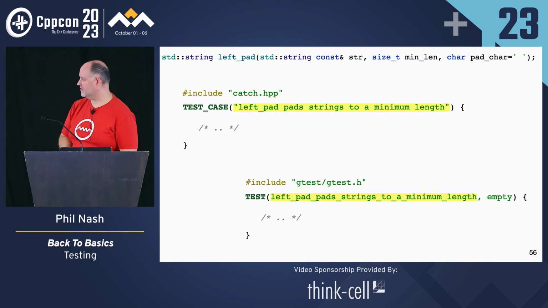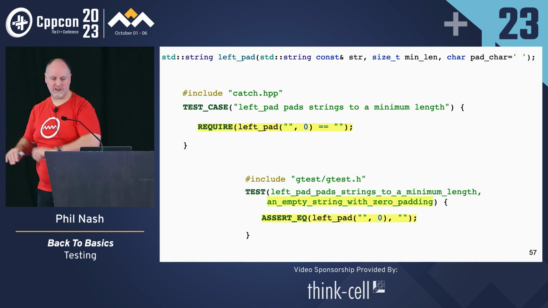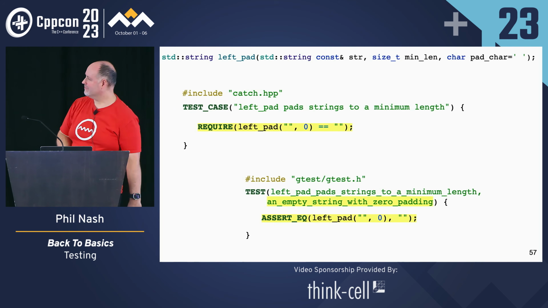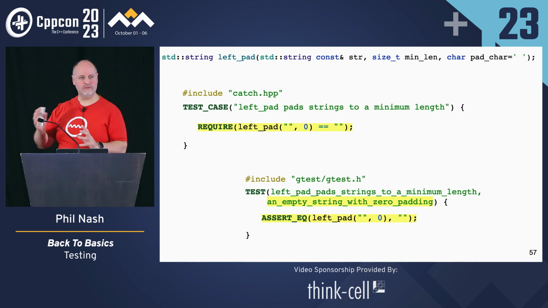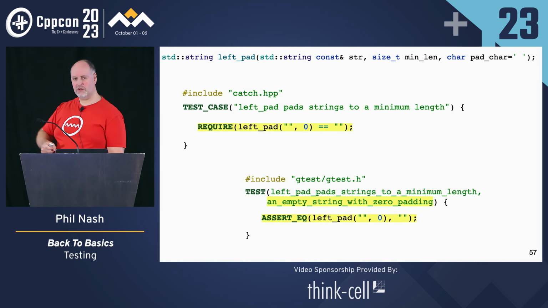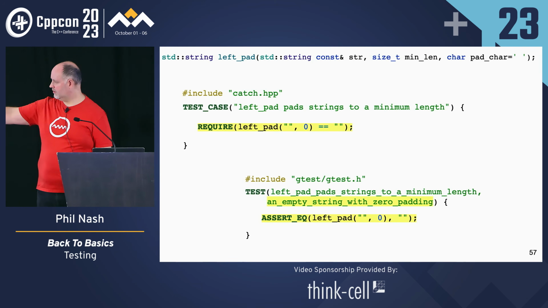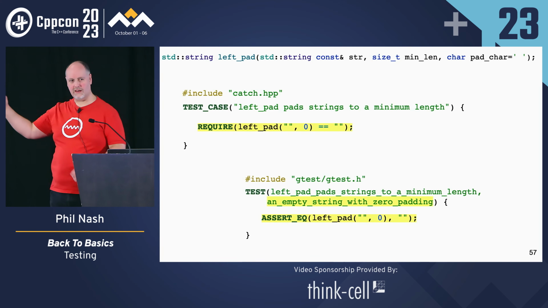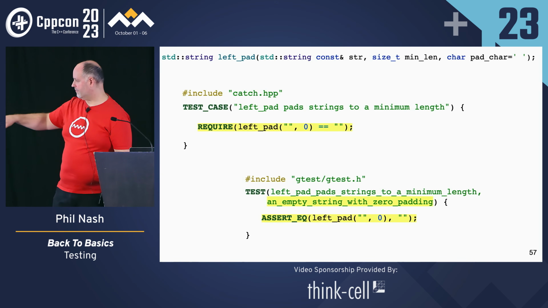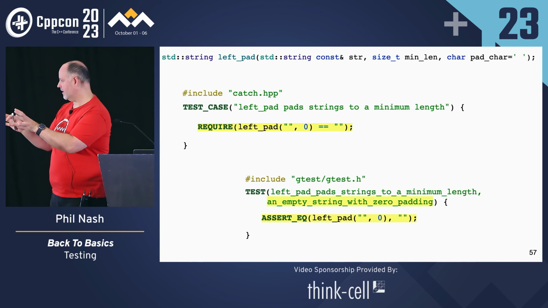All right, let's actually write some tests then. So we use these assertion macros. Again, keeping Google Test and Catch side by side while we can. We'll reach a limit of scalability in a minute. In Catch, the standard assertion macro is REQUIRE. And then that works very much like assert. You just write a normal expression in there. Whereas Google Test has the more classic approach where you have different macros for different comparison operators. So ASSERT_EQ for the equals operator. And then you have to supply the left-hand side and the right-hand side as separate arguments.